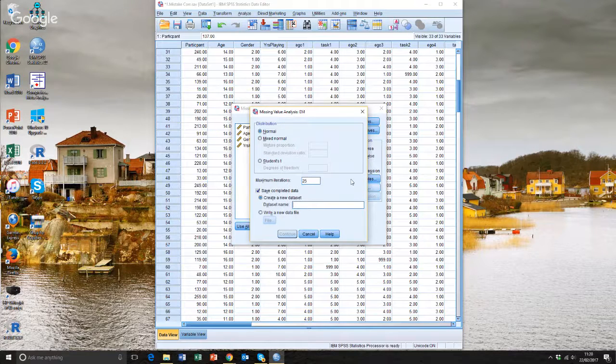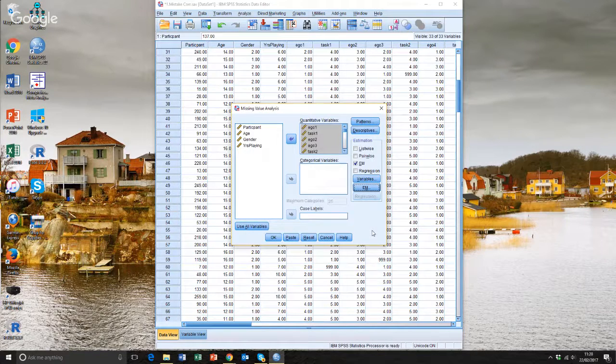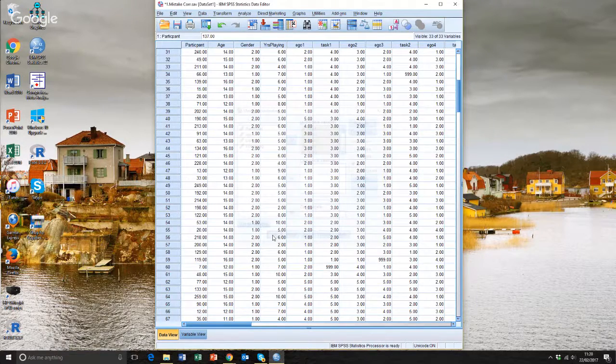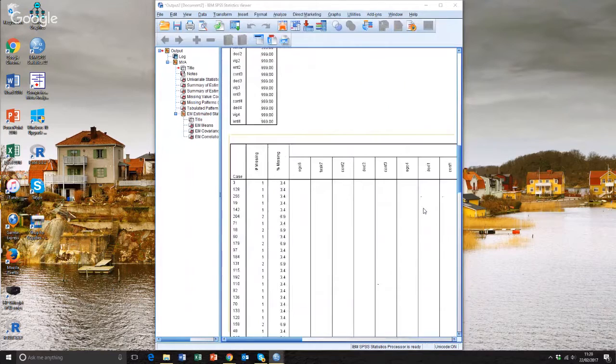So I'm just going to call this data set imputed for the moment, and then I'm going to click continue, and then I'm just going to go ahead and click OK, and you'll see here that the expectation maximization function